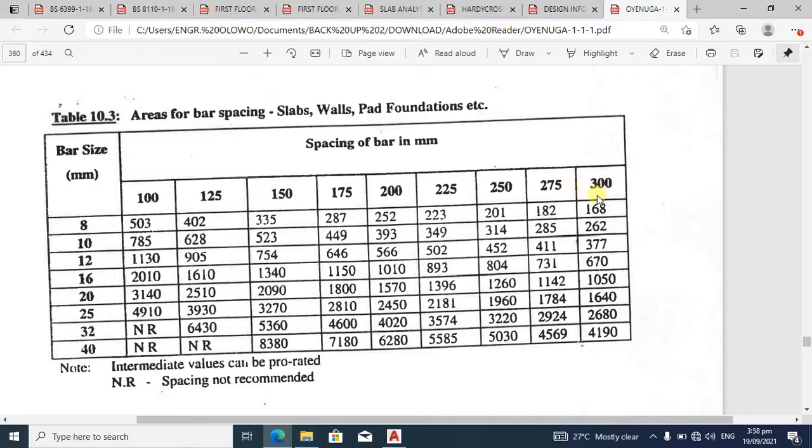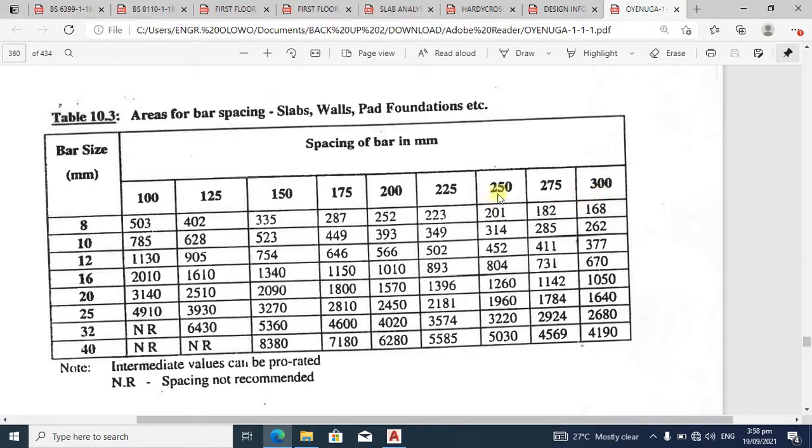If you specify 300 millimeter spacing, you can end up having 350 spacing, because these iron benders do not know the implication of increasing the spacing of this steel. So to be on a very safe side,